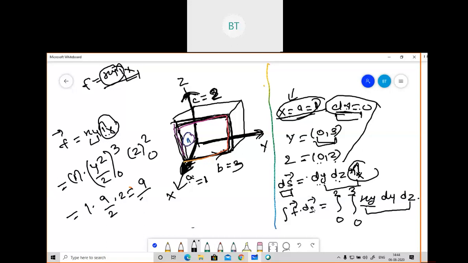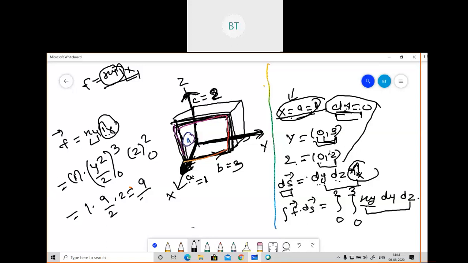I will tell you one more time. In this surface I am mentioning, the value of x is fixed. When I take x as 1, the value of dx will automatically become 0. After that, I look at the y value. The problem already gives that it is varying from 0 to 3, so I have written 0 to 3 here. The value of z is varying from 0 to 2, so I have written 0 to 2. Now I need to apply the formula. dx is 0, so I can't write dx here.